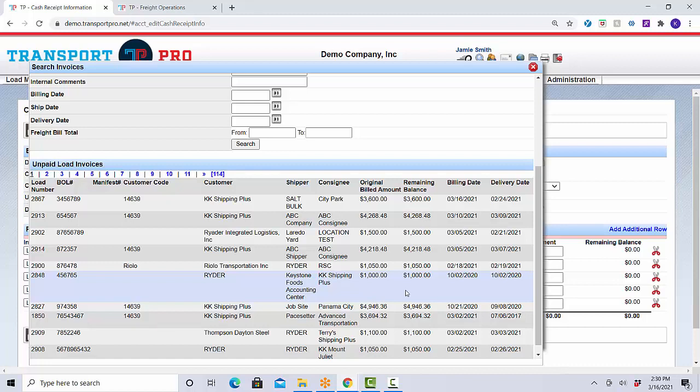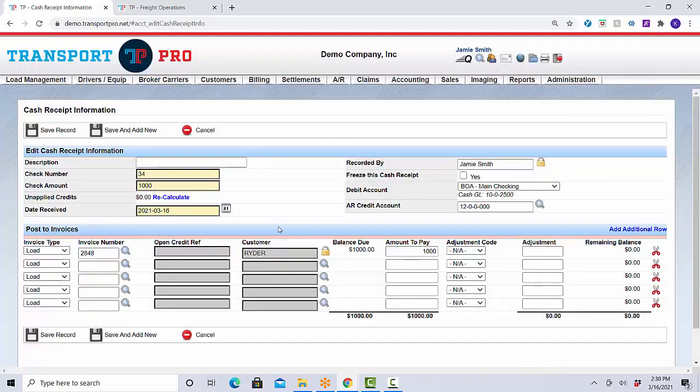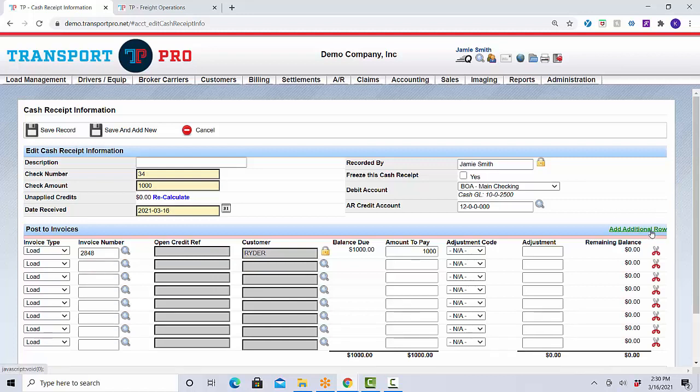If the payment is going against several loads, you can click on all applicable rows to auto-insert the information on the cash receipt. Now, it is important to note here that there is a limit of applying payment to 100 loads per cash receipt. So if you're trying to apply payment against more than 100 loads, then you'll have to do it in batches. Once you select the open invoice or invoices, the system inserts the customer, balance due, and